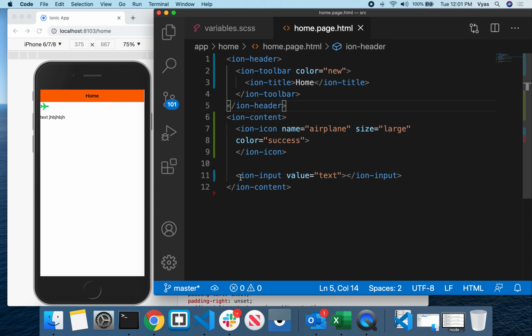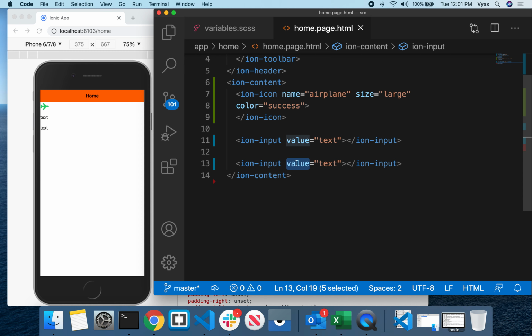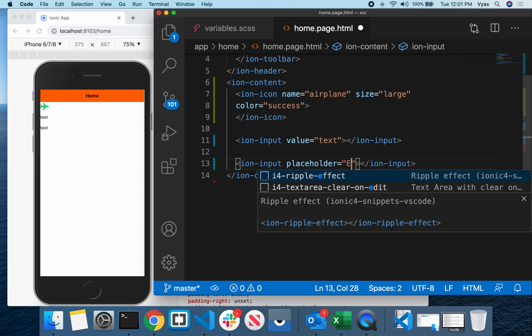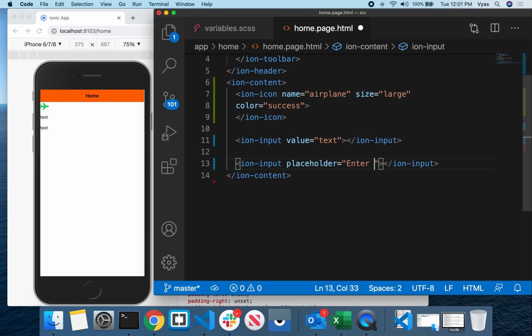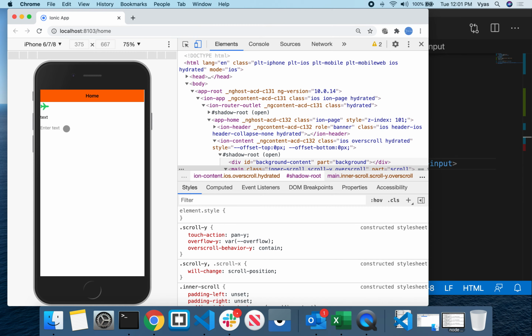And next, you can use one more attribute that is placeholder. Basically these input fields are used when you want to enter a name or email, or you want to enter some URL or phone number. In that case, you can use these input fields. Okay, so I can use some placeholder here, something like a hint for the user. So placeholder is like a hint for the user. By seeing the placeholder, at least the user will understand what he has to enter here. Okay, so in this way you can provide some hint for the user.